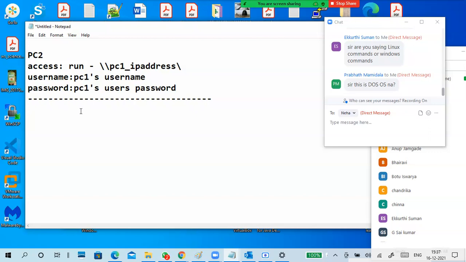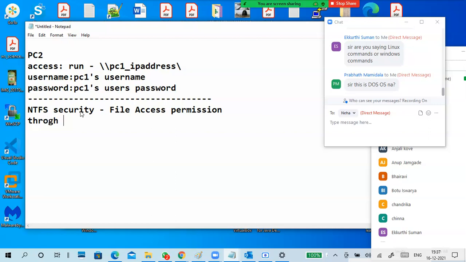File access means read and write access. You gave NTFS security. What is NTFS security? It controls file access permissions through the network as well as within the system, between two users.